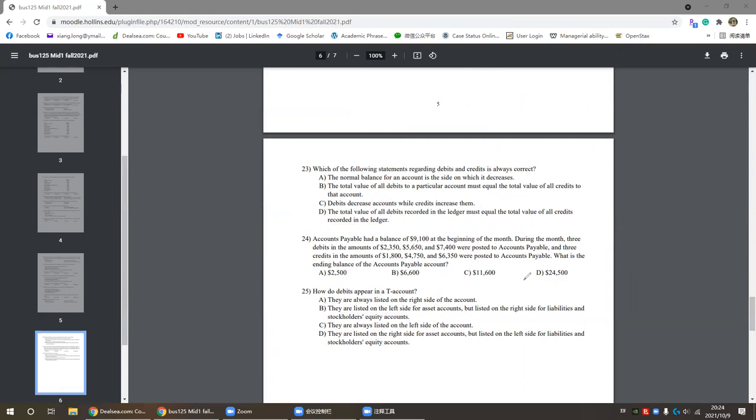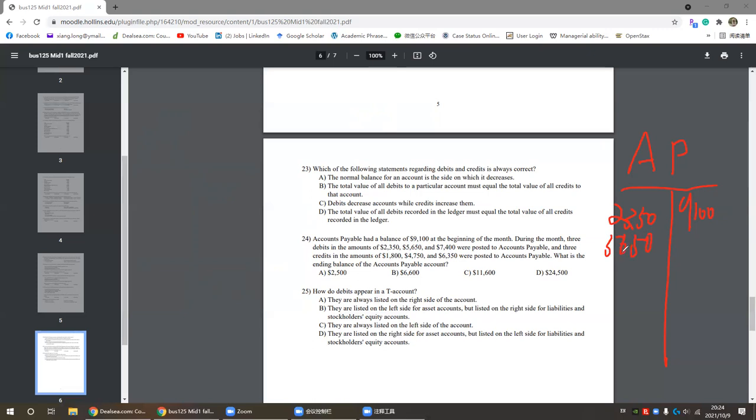Okay, and the next question, this is a very good T account question. So make sure you know how to write a T account. In this case, we have an account payable. It had a balance of 9,100, and you do need to know that because accounts payable is a liability, it has a credit balance, so it will be on the right side. During the month, 3 debit amounts happened, so we need to put these numbers right here: 2350,